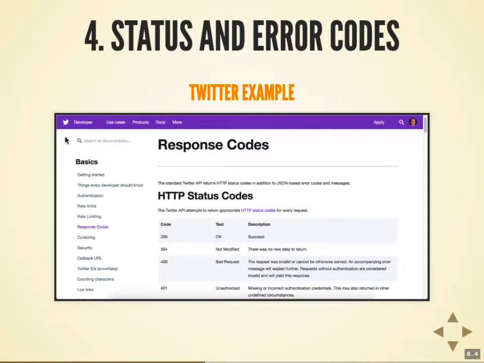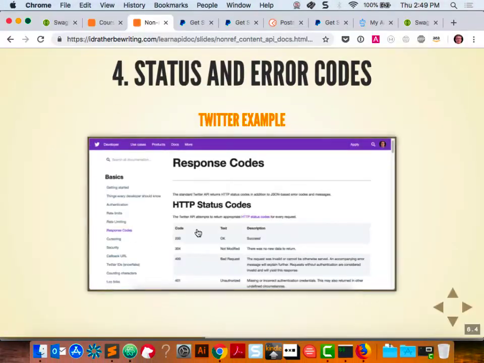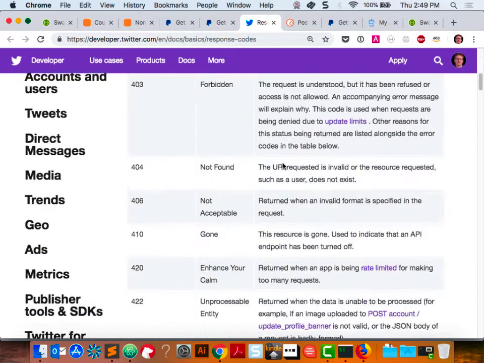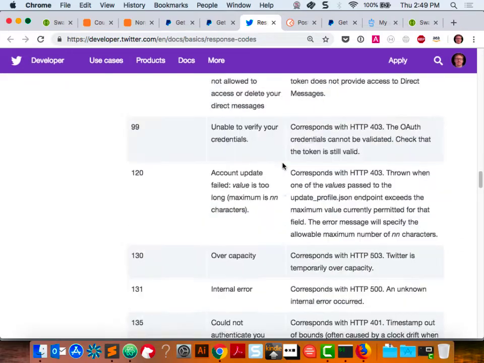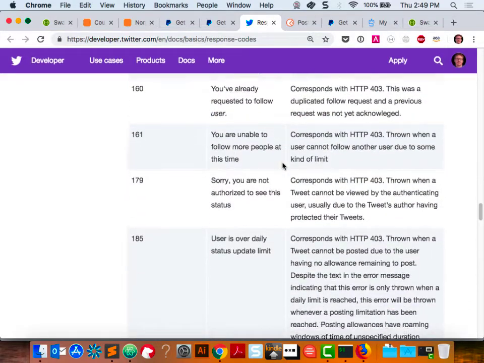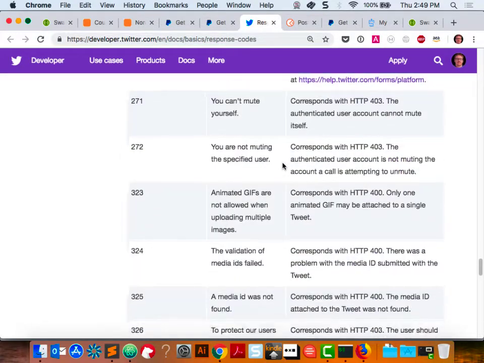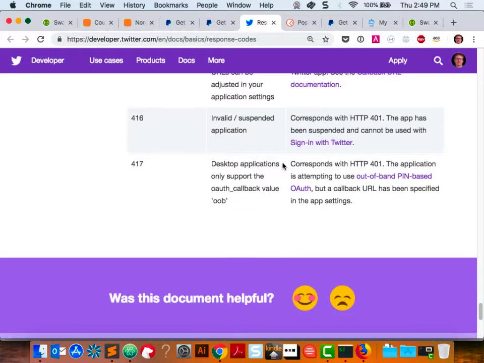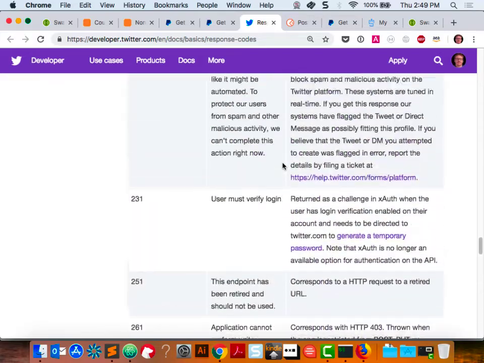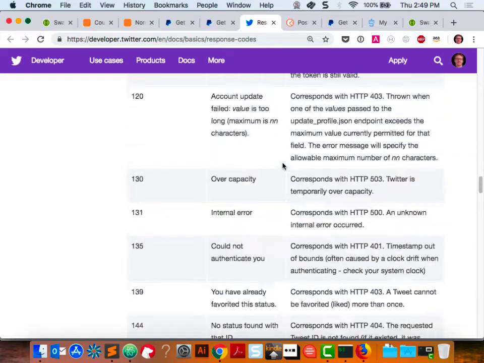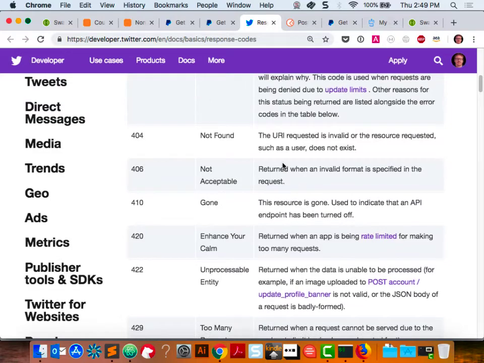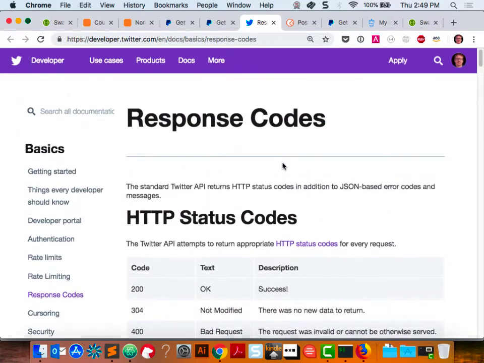You can do that. The only problem is that it's kind of long. So this Twitter one, if you embedded this on every resource page, it gets to be a little heavy, right? There's a lot of stuff here. And they've got a lot of error codes that are very unique. And darn it, I'm really mad they've removed the 421, but whatever. If you were to embed this on every endpoint, it might make your docs look